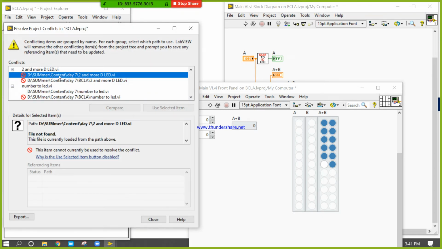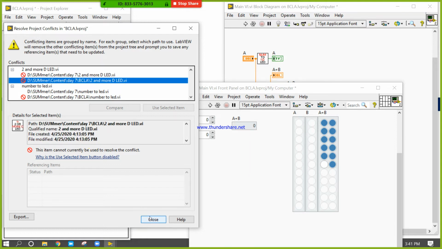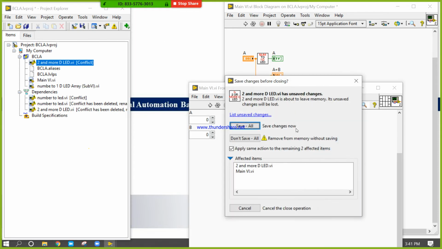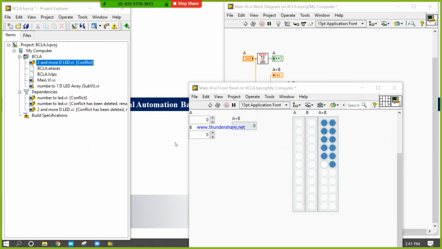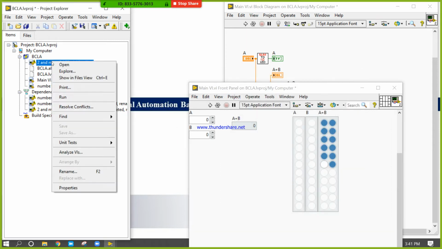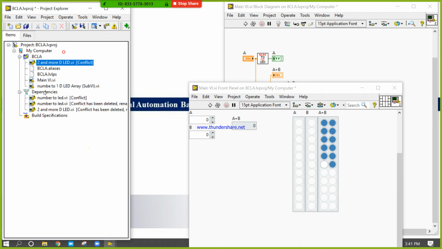Okay, close. No problem. To explain, I had created some conflicts, so first I need to delete the dependencies again.